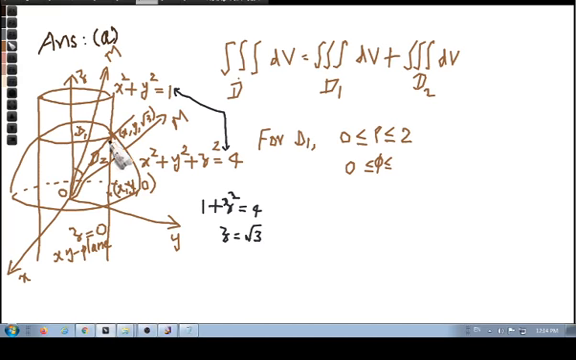So this radius is 2. This radius is 2, and this height is root 3. So look at this angle. This is phi. So this angle will be pi by 2 minus phi, and sin pi by 2 minus phi is, I will write,